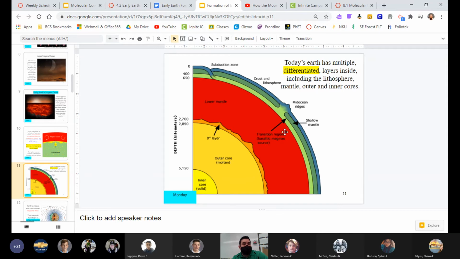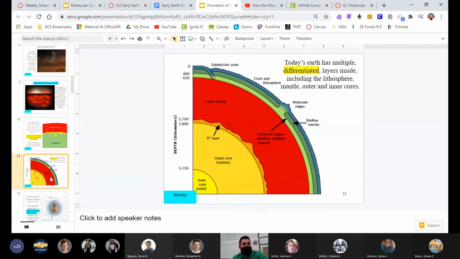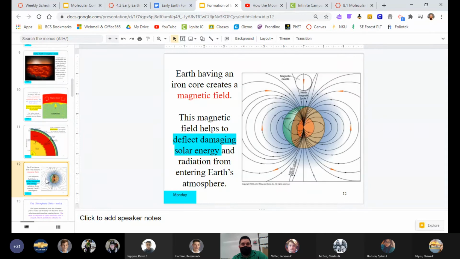And so Earth's interior, we'll talk more about how we know this Friday, but Earth's interior is in layers and it's separated by density. Okay, and we have lots of different layers. You guys probably know the mantle right underneath the crust, but even the crust had different layers based on their density. And then obviously water is the least dense, and then air is even less dense than water, so air is way out here, right? So it's all separated by density, Earth's interior. And yes, we can actually kind of know what's inside it.